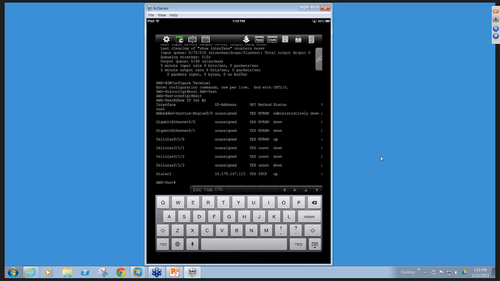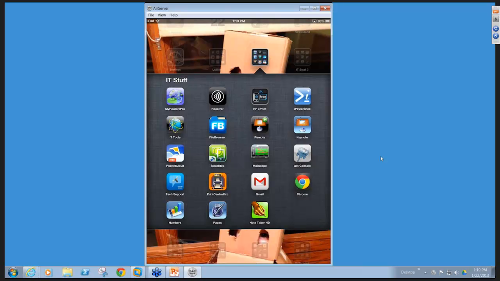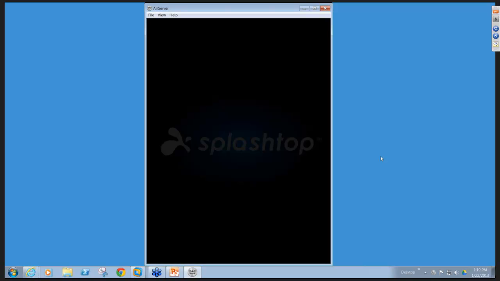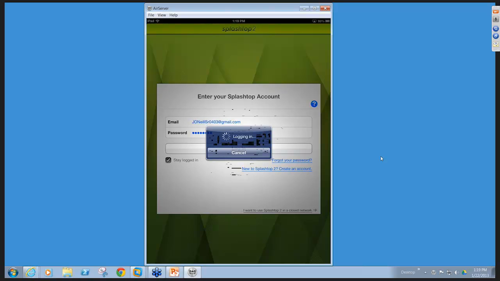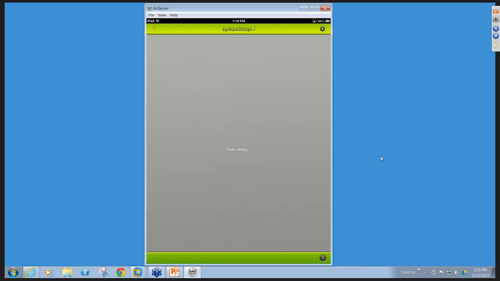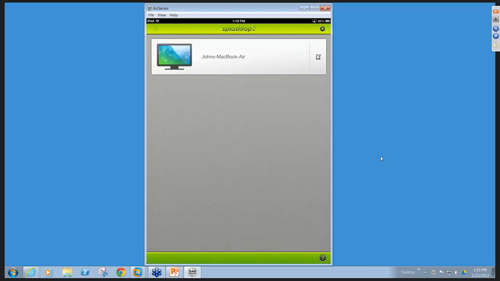And I'll start by showing you Splashtop. And Splashtop is a free app, and you need 2 components. There's a streamer component and a remote component. The remote component is what I'm running on my iPad right now, and the streamer is running on the PC that I want to control. And you see that I have a MacBook Air out there. And when I tap that,